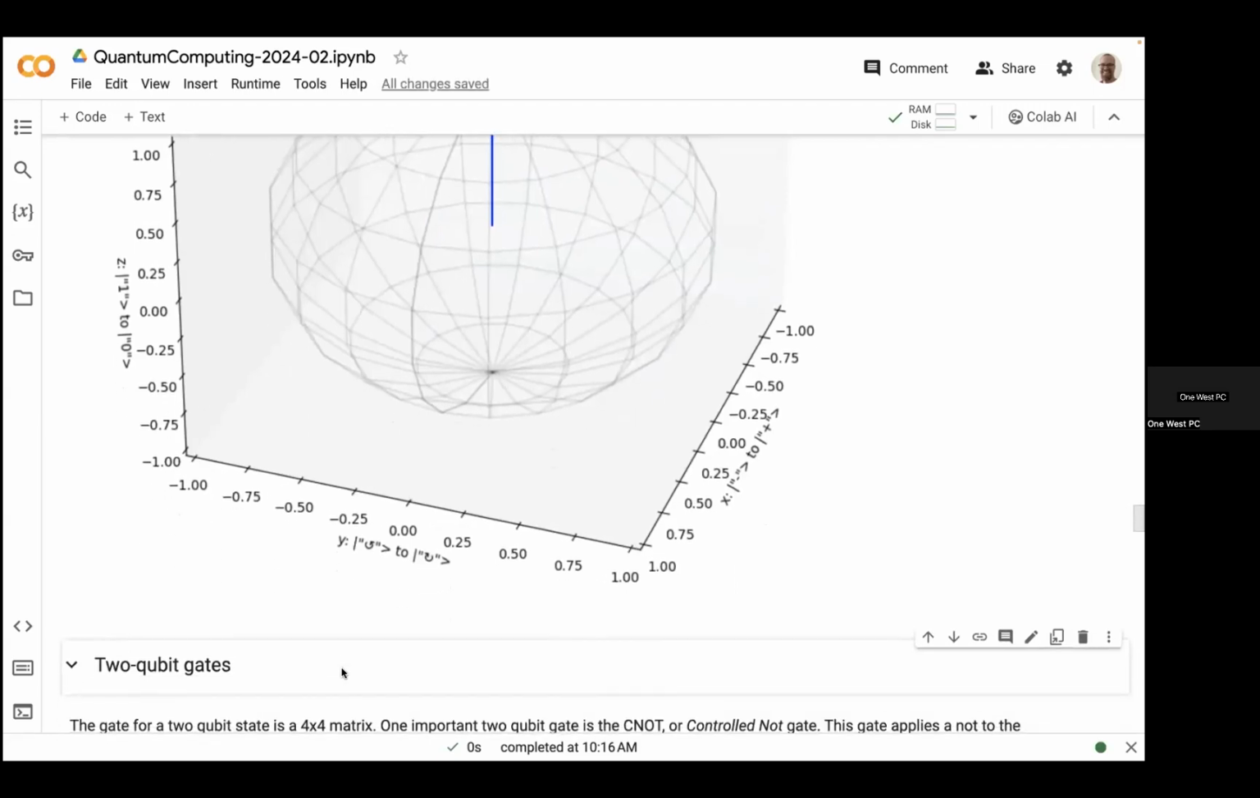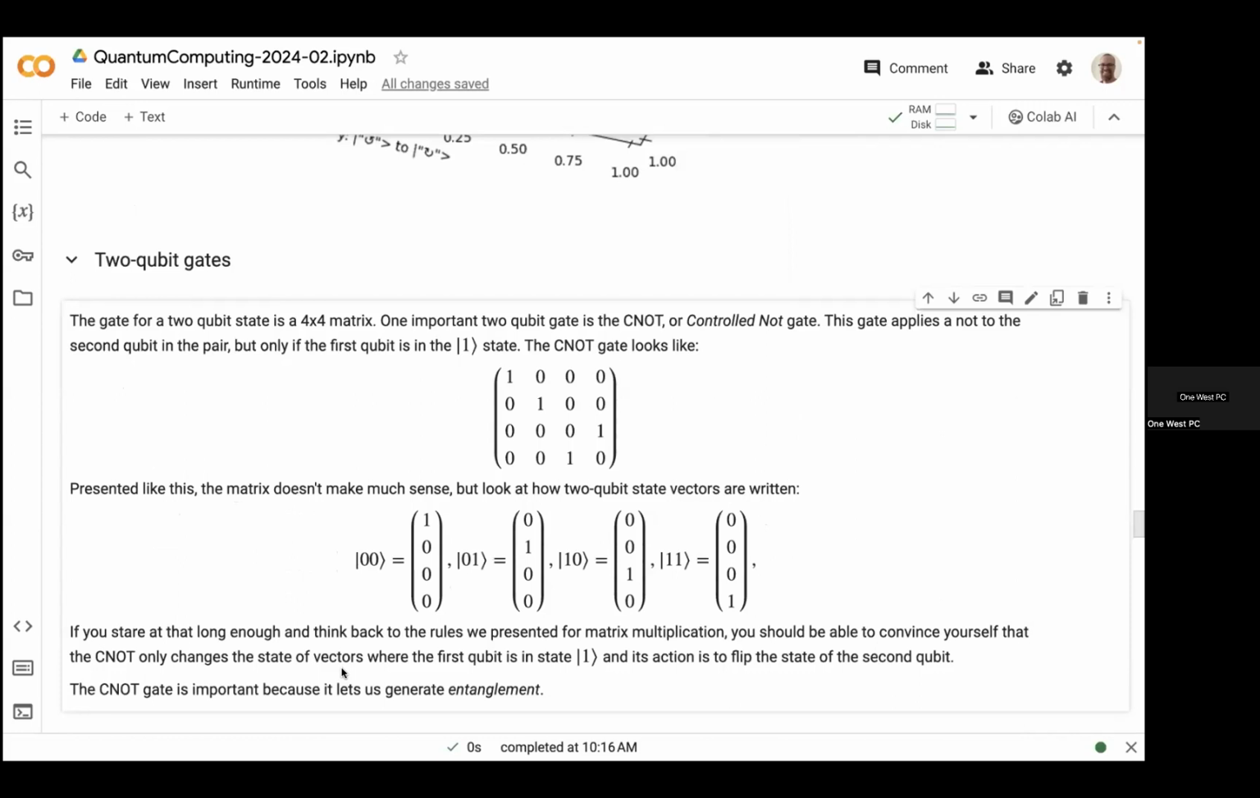Very exciting. Okay, 2-qubit gates. So the gate for a 2-qubit state is a 4x4 matrix, because my 2-qubit vector is a 4-element vector. The most important 2-qubit gate is the CNOT, or controlled NOT gate. And what that gate does is it applies a NOT